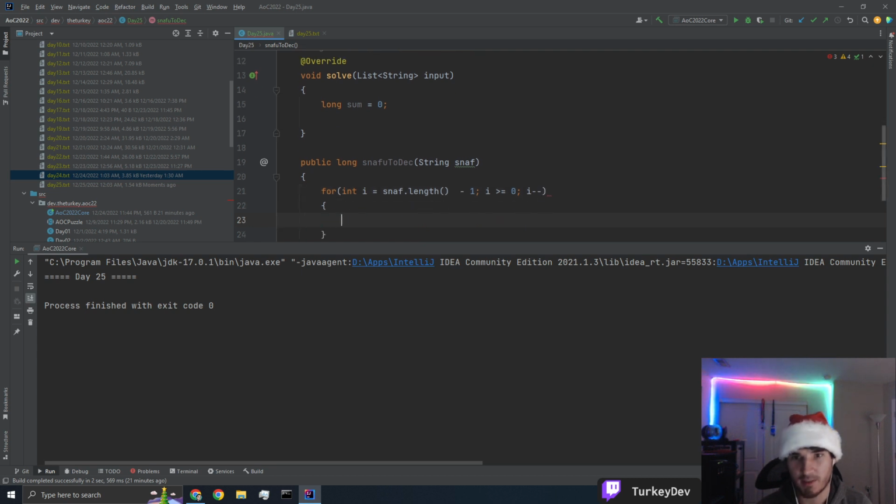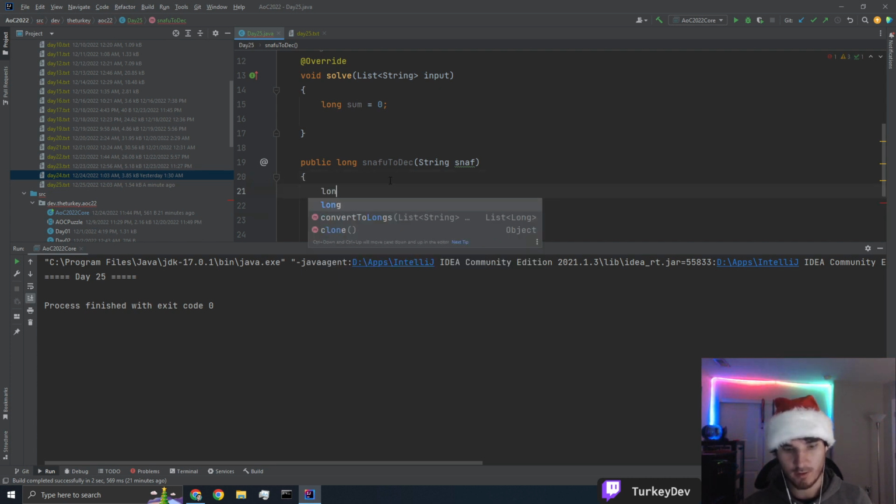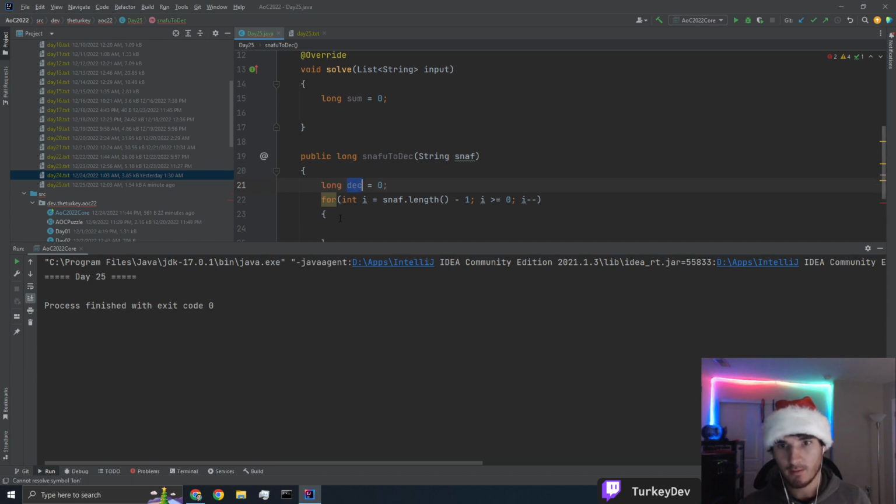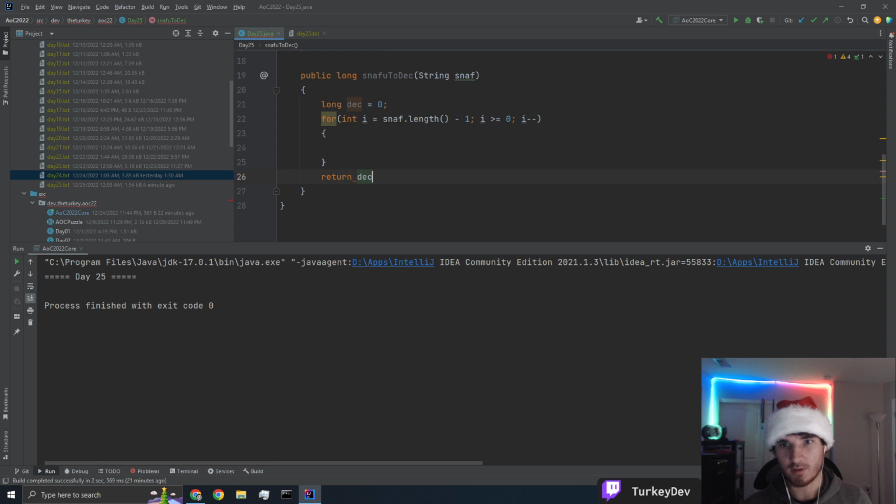We're going to go in reverse because it's easier to go that way. So we're going to have long decimal equals 0, return decimal, and so it's going to be decimal plus equals snafu